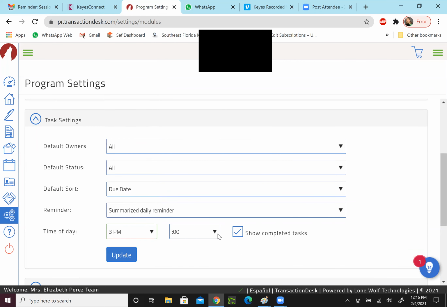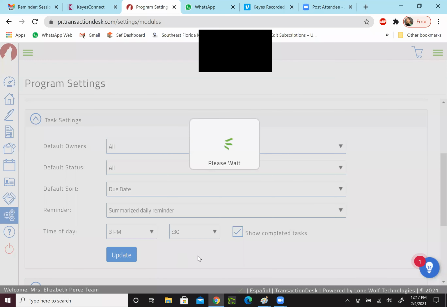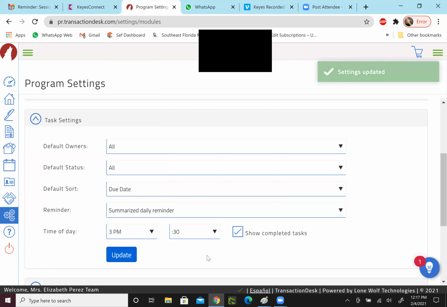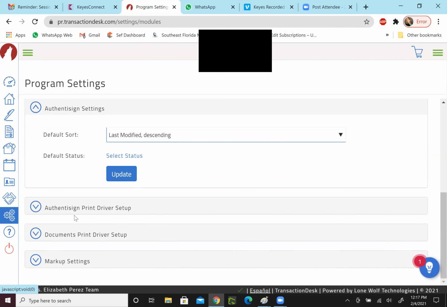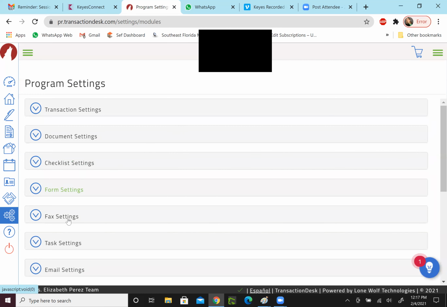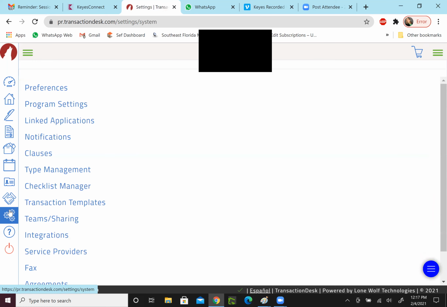So maybe 3 o'clock in the afternoon, between 3 and 3:30, I want to see my daily task be provided. Your email settings, your authentication of settings, last modified, how you want it to go in order. So there's a lot of different settings here that you can go and change and make it your own. Then you also have